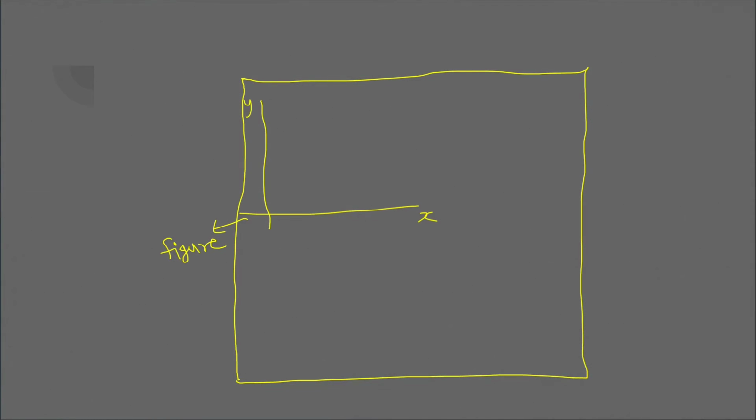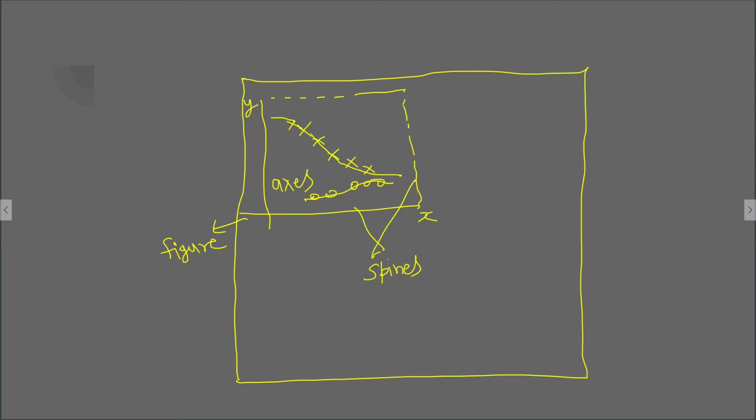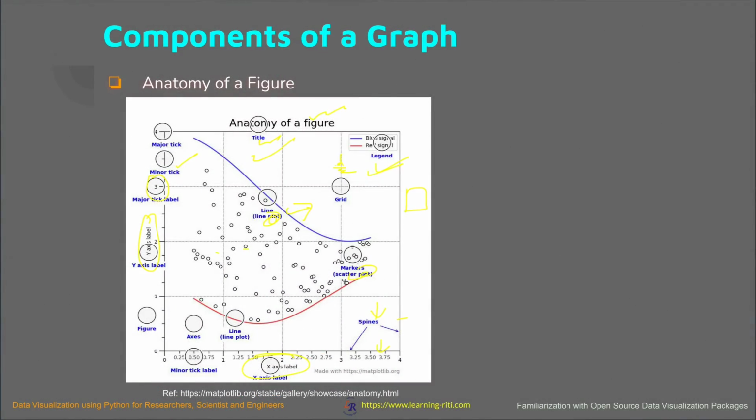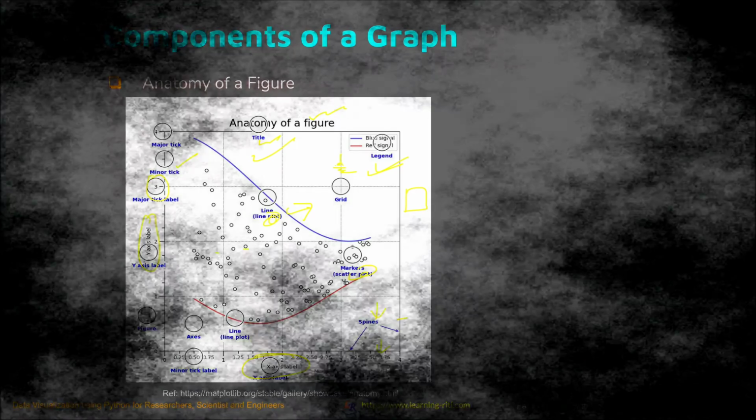So that is your, let's say, x and y, and that would be your axis. We call it axis, and these axes can have all four borders, and these are called spines. And then you have a curve here, right? So let's say this is your curve. You can have something like this curve or something like this, right? So this is your curve, maybe a line. This is your plot, whether it's a line plot or scatter plots. Now let's talk about what approach we should follow in plotting the graph.